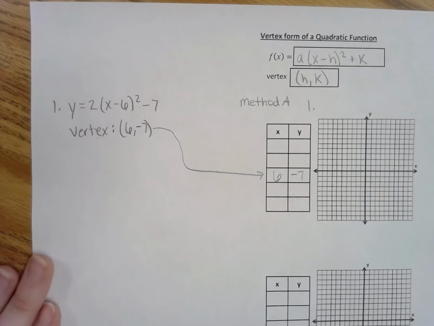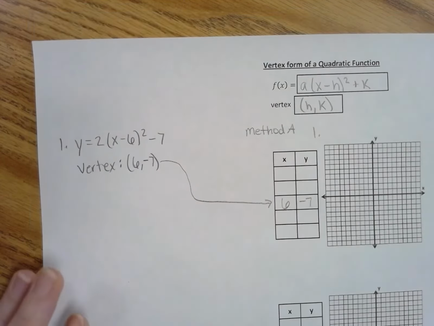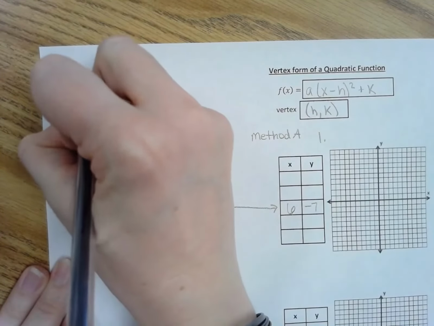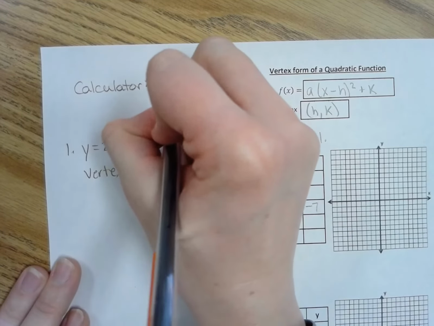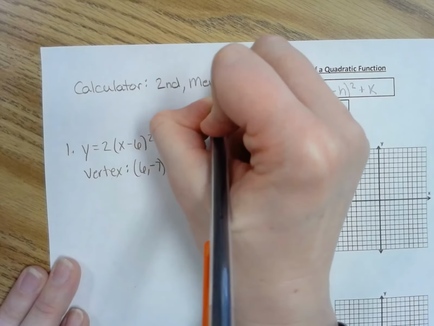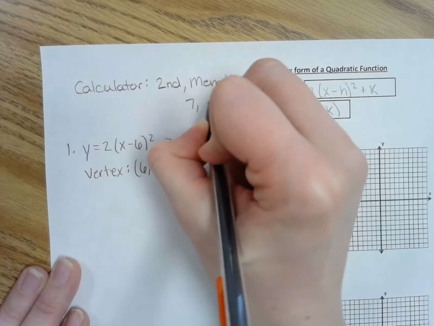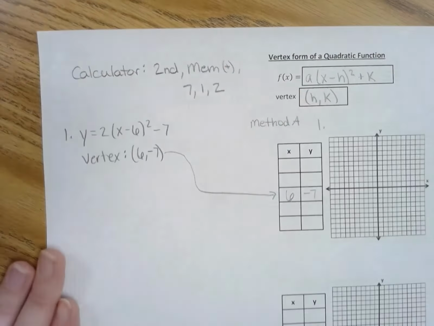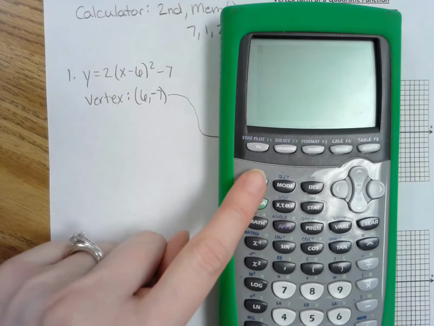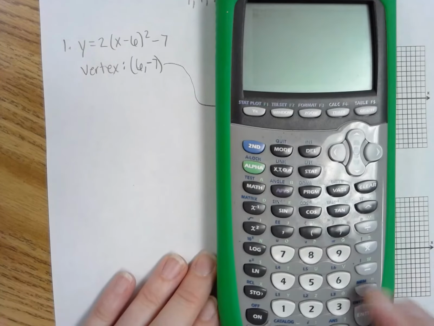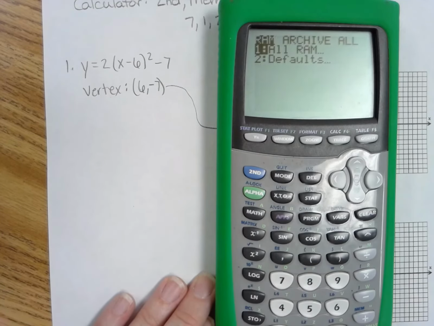Let's jot down real quick, in case your calculator is not working correctly, how to reset. It's second, memory, which is the plus sign, and then you can just use the numeric keys 7, 1, 2. Let me show you what that looks like. So second, this blue key, memory, the plus sign, and then you can just use the numerical keys 7, 1,